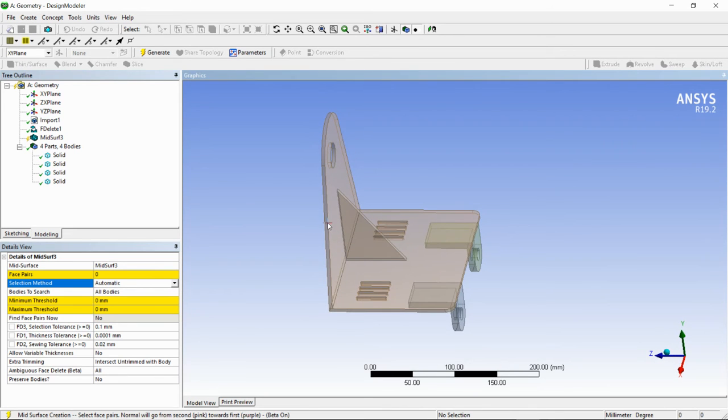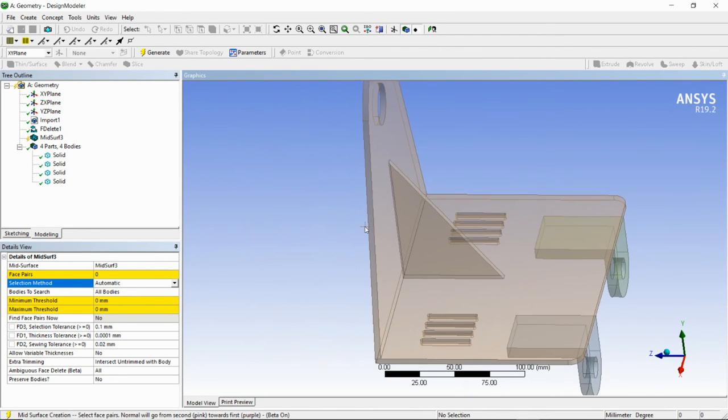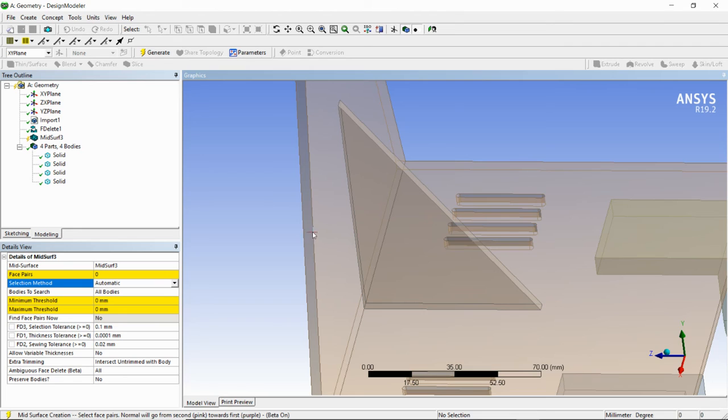So we should define in the minimum and maximum thresholds what minimum thickness and maximum thickness we want to capture. Let's say minimum is 1 mm and maximum we set to 5 mm.